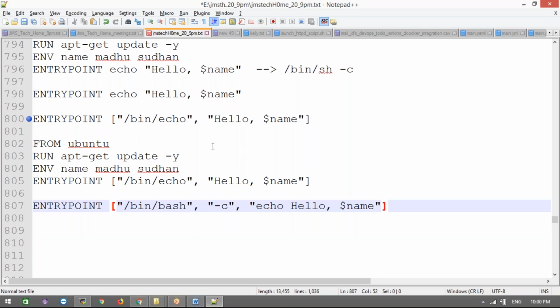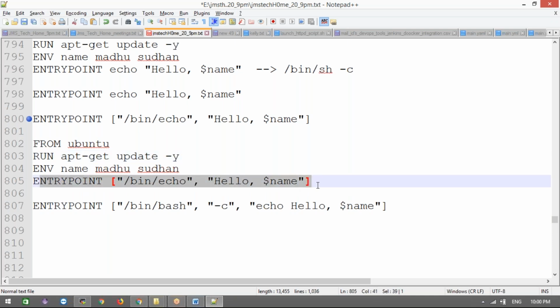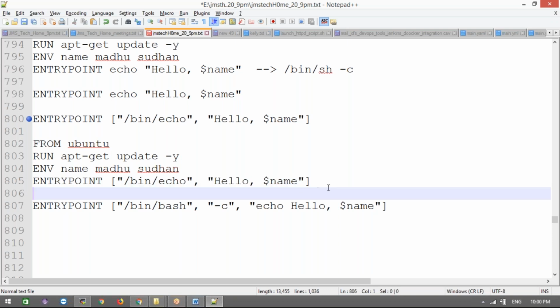See, in real time, for the RUN command we are going to use the shell form every time. I have never used the exe form for it, mostly. And for CMD and ENTRYPOINT, we are going to use mostly the exe form only. I'm going to teach you that also. At the end, most of the commands we are going to use in exe form only. I'm even going to show some real-time Dockerfiles also, so that you get to know more clearly about this. Okay, clear, super.